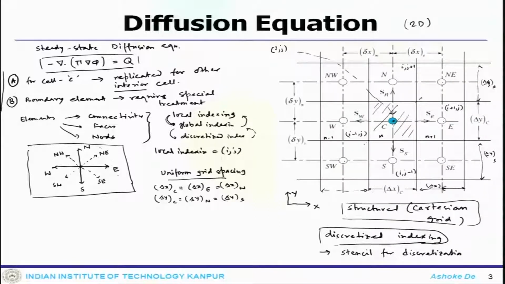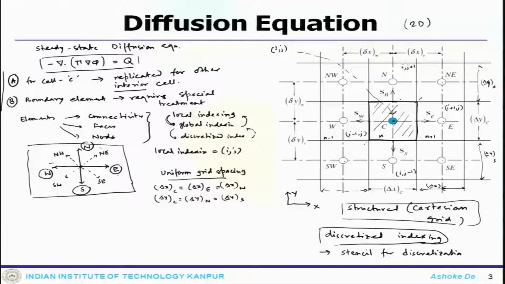Now, this takes care of the cell size and neighboring elements. Now, there will be faces. Look at this particular element C. It has only these 4 faces, which are the connecting faces with the east element, north element, west element and south element. So, these are the connecting faces for C.